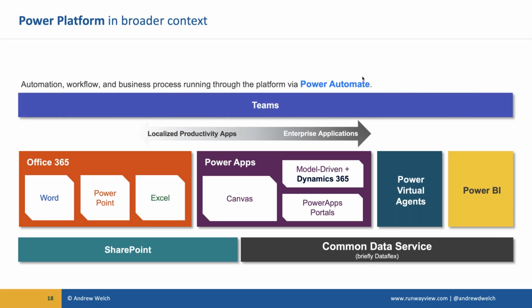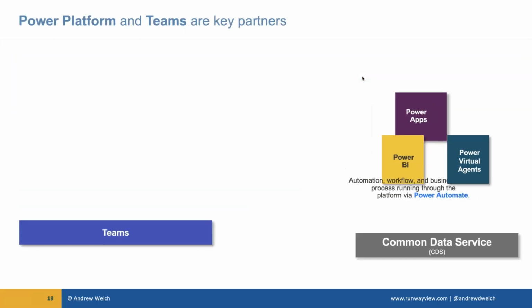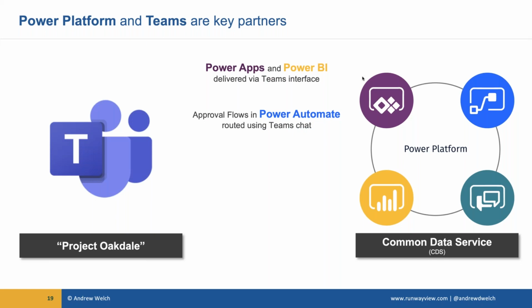And then finally, Teams kind of lives on top of all of this. All of this data you can surface through Teams, automate with Power Automate, and it all lives inside of Azure. So we can scale it almost infinitely, subject to capacity controls and licensing and that type of thing, but we can scale and extend across the entirety of the platform. I've mentioned Teams a lot, and there's been a ton of change recently when it comes to Teams, the integration between Teams and Power Platform. So for those who are not up on this, we can actually deliver Power Apps and Power BI components through Teams. I mentioned that earlier, just a moment ago. We can create automation, say approval flows, right?